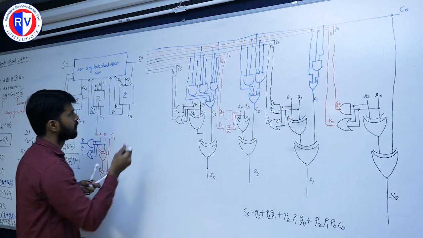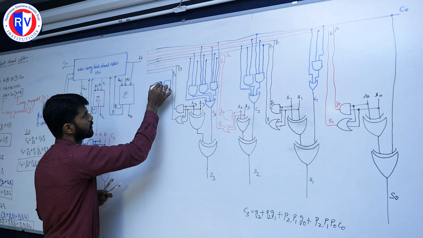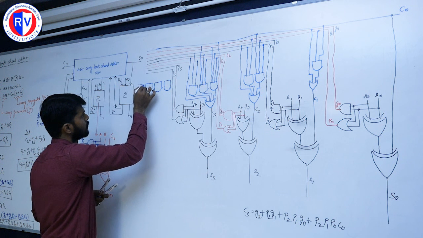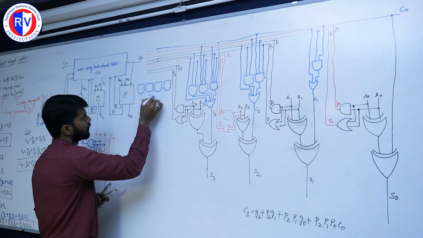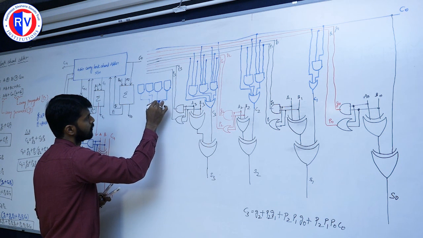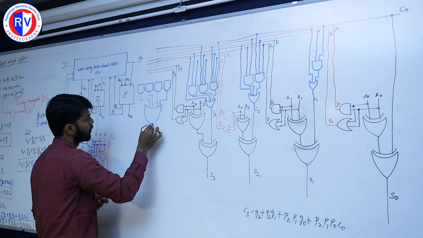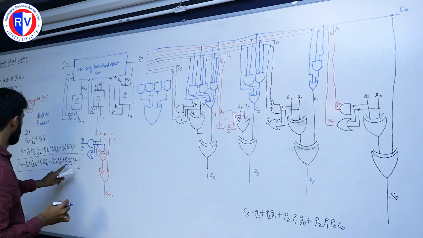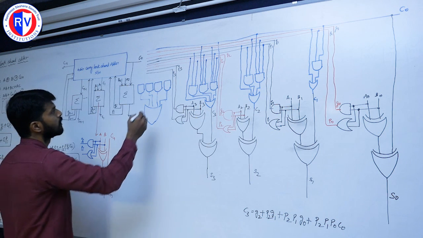C4 equation 1, 2, 3, 4. 4 AND gates are required. So I will write all the 4 AND gates. First AND gate, second, third, and the fourth AND gate. All these 4 AND gates get connected to one OR gate, and additionally we will see that it is not completed. Now we need to do the connection. So here G3, P2, P1. So here we need a 5 input AND gate,